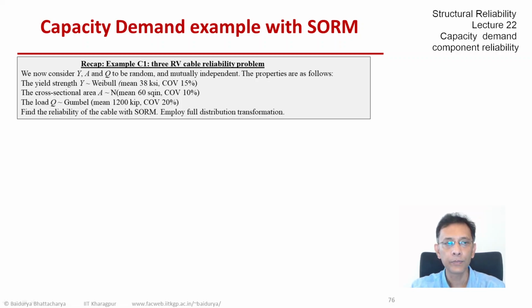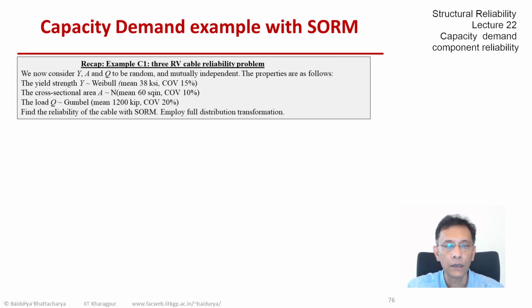We next look at problem C1. So this was a 3 random variable problem, and we already solved this with FORM. We will now solve it with SORM, and let's take a few seconds just to read the problem statement. There are 3 random variables y, a, and q, and their distributions are given, and we employed the full distribution